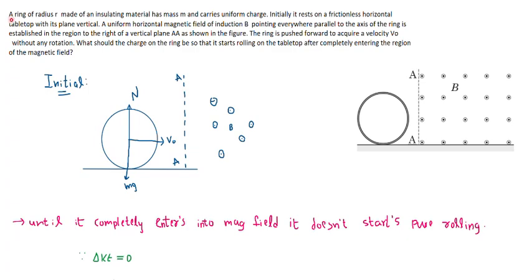So the problem says we have a ring of radius r made of an insulating material, with mass m, that carries uniform charge. Initially, it rests on a frictionless horizontal tabletop with its plane vertical. A uniform horizontal magnetic field of induction B, pointing everywhere parallel to the axis of the ring, is established in the region to the right of a vertical plane A as shown. The ring is pushed forward to acquire velocity v0 without any rotation. What should the charge on the ring be so that it starts rolling on the tabletop after completely entering the region